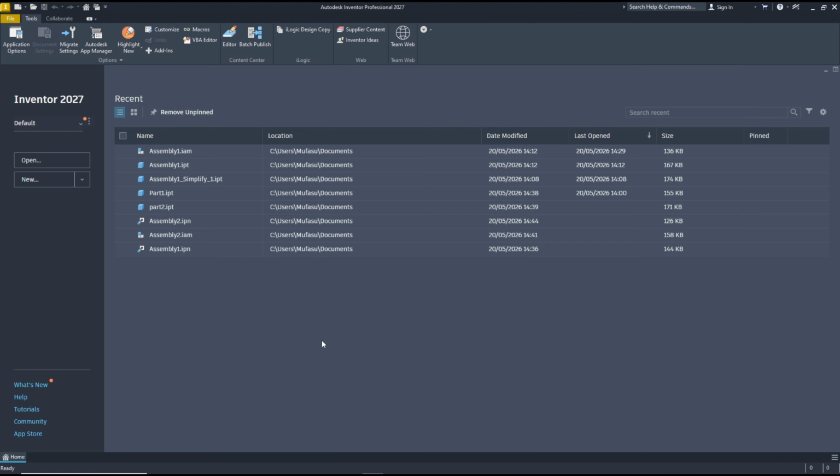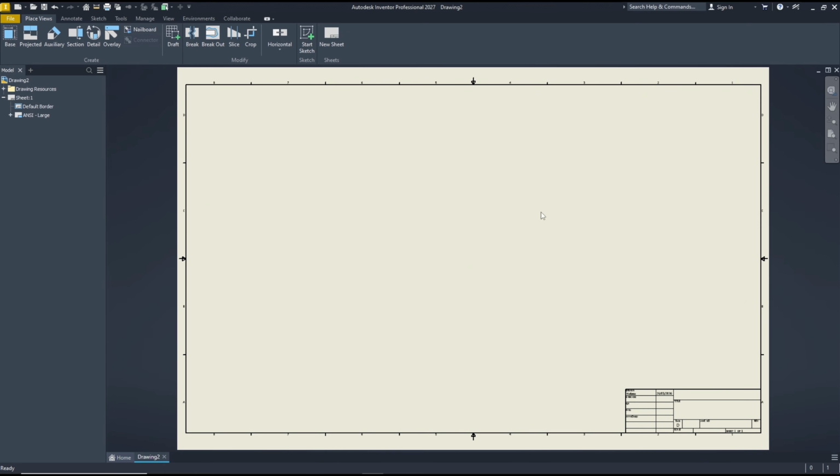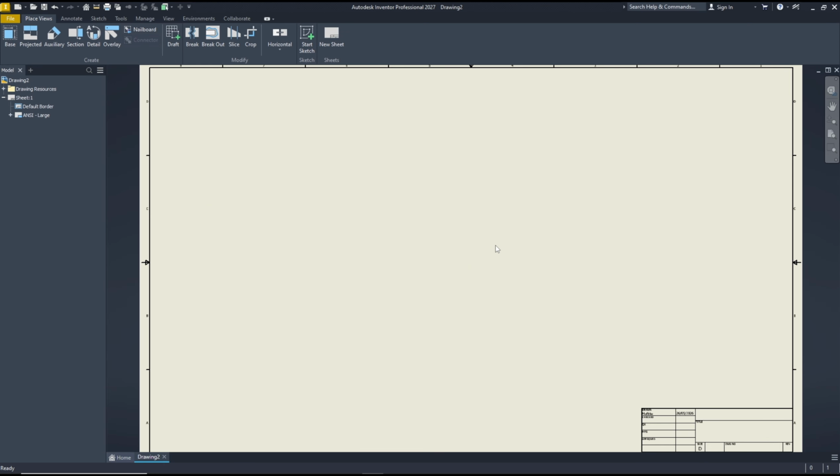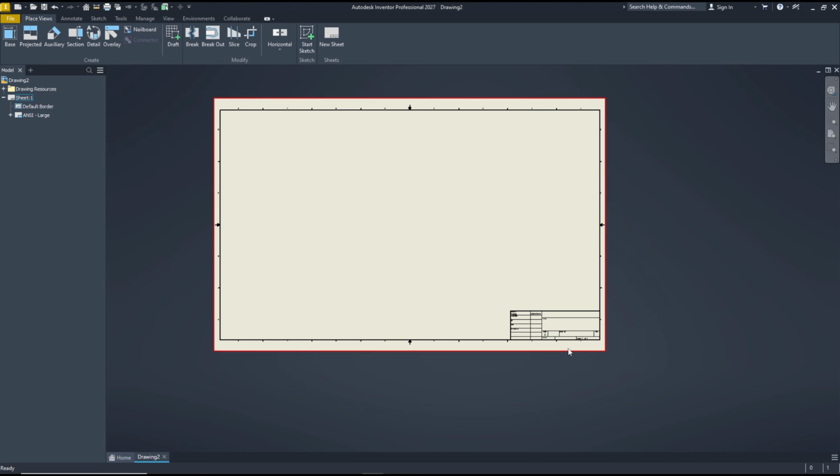Hello everyone, today we are going to learn basic Autodesk Inventor 2027: how to edit title block. So we can go to drawings and we have this default title block, and if you want to fill the